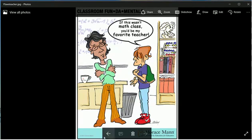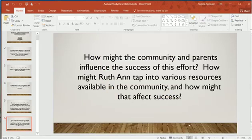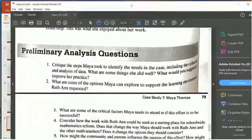So let's work together and try to find a way to help Miss Ruth Ann change the way that she teaches, and help her to find some new creative ways of doing that. So that is our analysis of the Maya Thomas case study. There are a few additional questions at the end of our case study